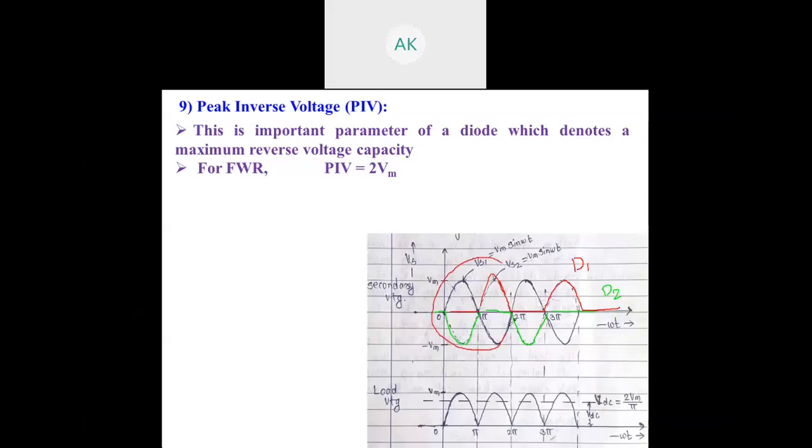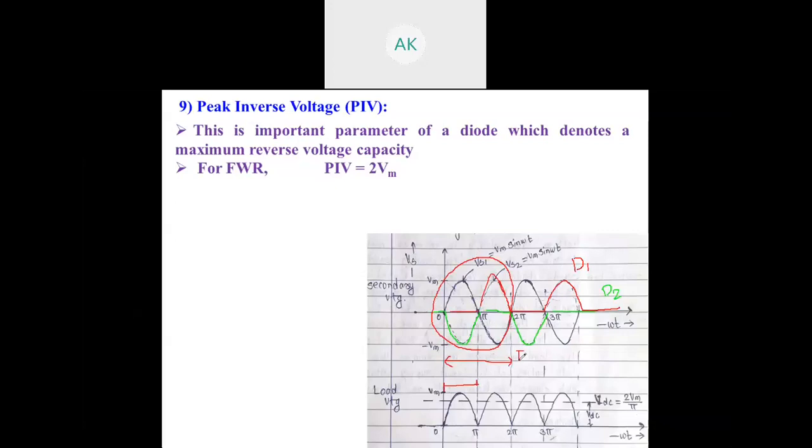For the entire cycle, if you consider this one cycle, it will be 2 Vm. So for this, the maximum peak inverse voltage is 2 Vm. Now, what will be the ripple frequency of this circuit? What is the input period? The input period starts from here and ends here, which is 0 to pi. And the output is available for successive half cycles. So what is the period of the output? It's only up to this one.